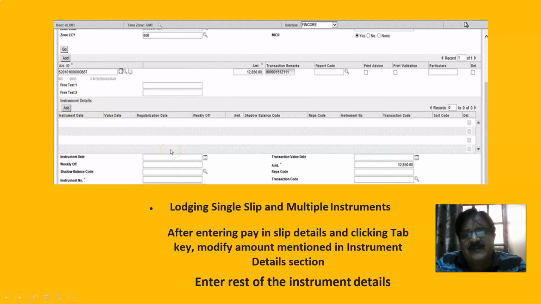After entering the pay in slip details, click on the tab key. Click on modify the amount mentioned in the instrument details section. So this has to be modified here, right? 12,850 has to be bifurcated instrument wise, right? And enter the rest of the instrument details. You can add as many checks as are attached with a single pay in slip.